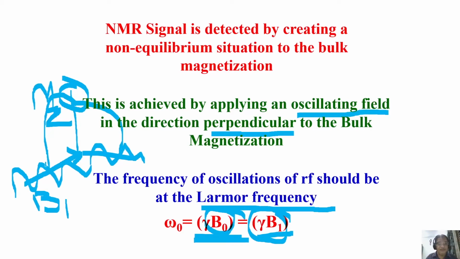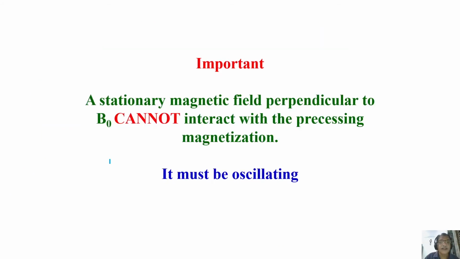But just remember, when you apply radio frequency pulse, which is oscillating at the Larmor frequency, you are perturbing the Z magnetization, which is in thermal equilibrium. And then you are tilting the magnetization to another axis. If you are applying on X axis, you will tilt it to Y axis or vice versa, and then we can start detecting the signal. This is how we detect this NMR signal in the bulk magnetization concept I'm explaining.